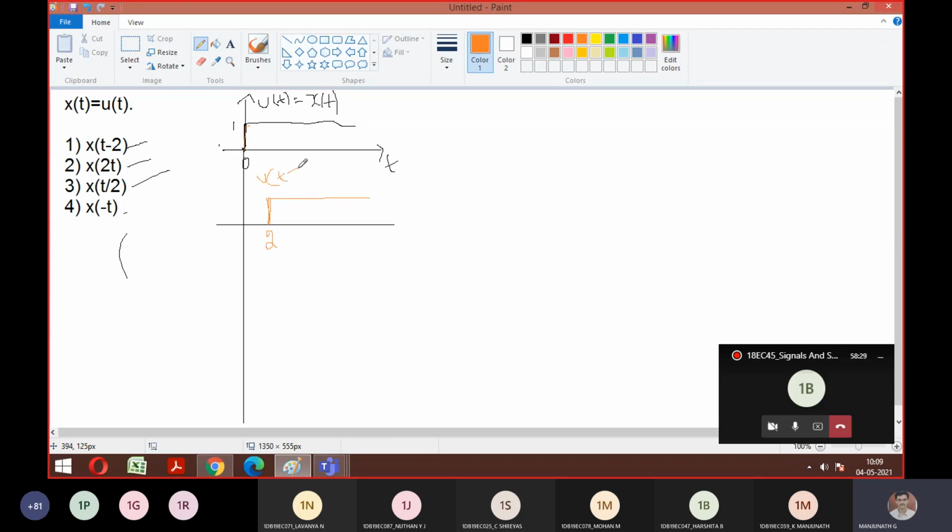Is it okay, first one? Now, what's the meaning of 2t? Compression, sir. So divide by 2 you're supposed to perform. Is it for amplitude or only for x-axis? Only x-axis, sir. We don't know the sample where it is going to end, right? So we'll take an assumption, that's all.